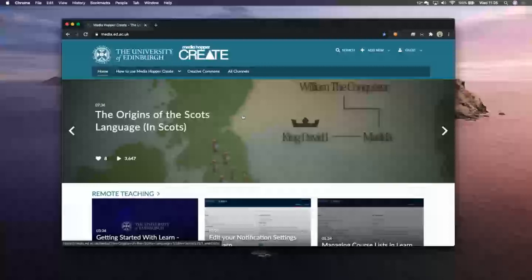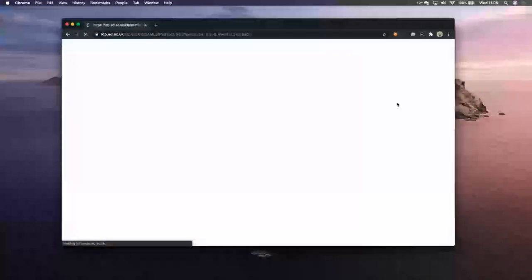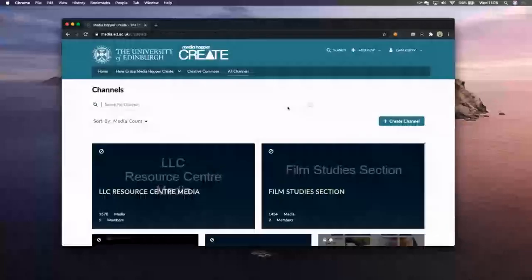So I mentioned this is all public. You can see at the top right, it still says guest. As a student or as a member of the university, you will have an account already in Media Hopper Create. So if I click on guest and then choose login, it will ask you to log in with your university account. I've already logged in before, so it just logged me straight in. So if I go back to the homepage,